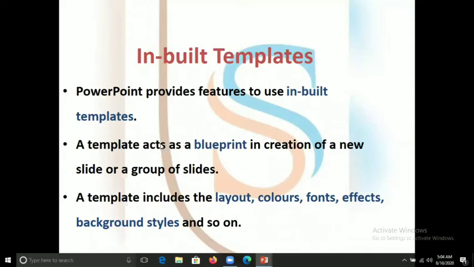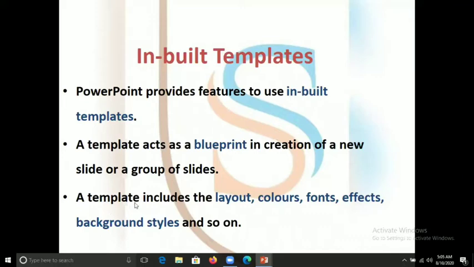With the help of a template, we can make our presentation. It is basically a predefined presentation, so it will save our time to create a new one.